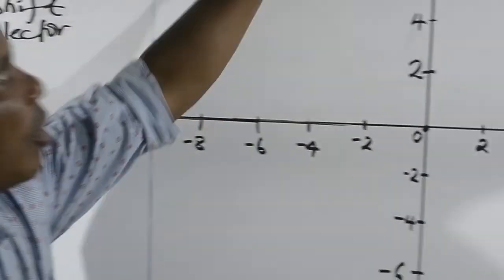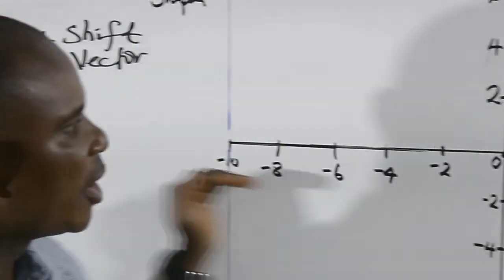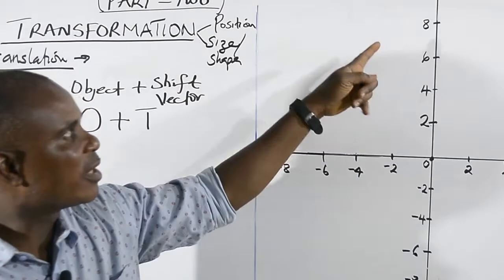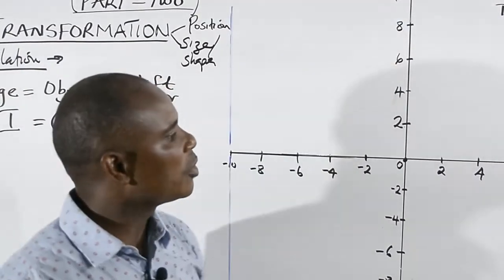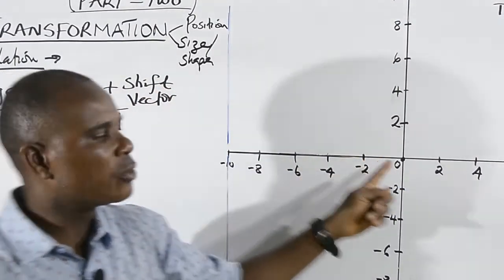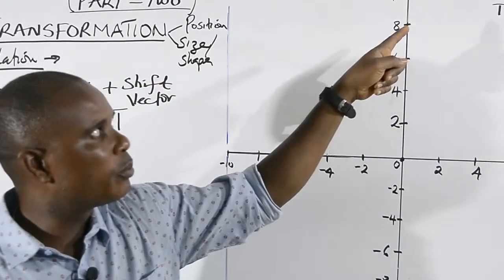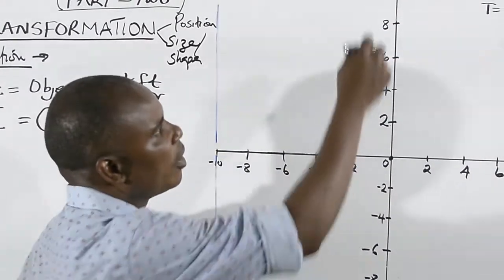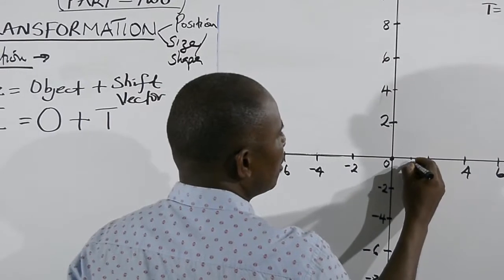So the position, let's say this is the scale given. This is your graph paper. You have been given 2 centimeters to 2 units on both axes, so you are able to draw the axes. Now you want to put the object first of all. So let's put the object there. The object is (1, 1).